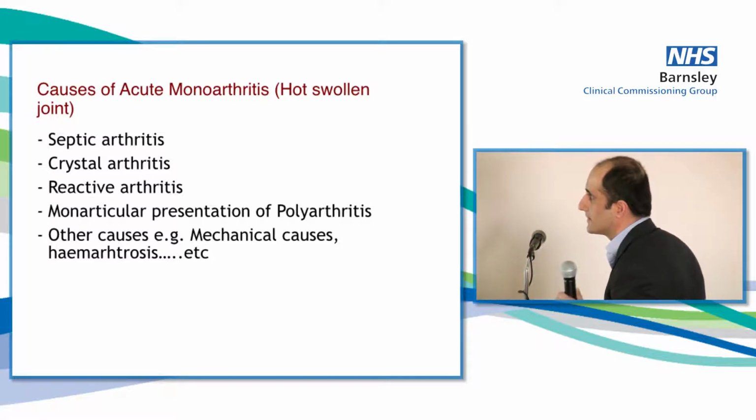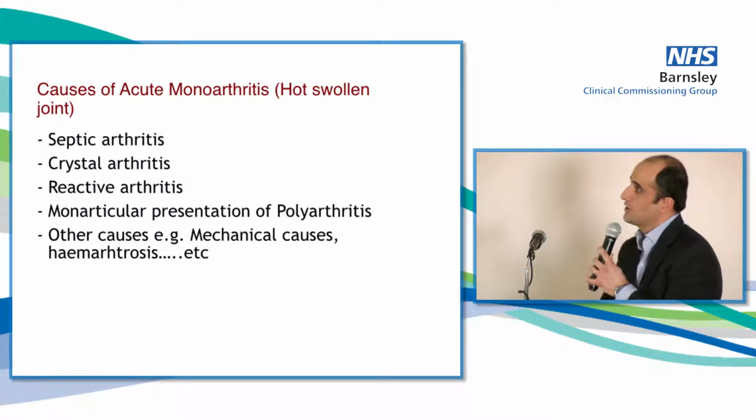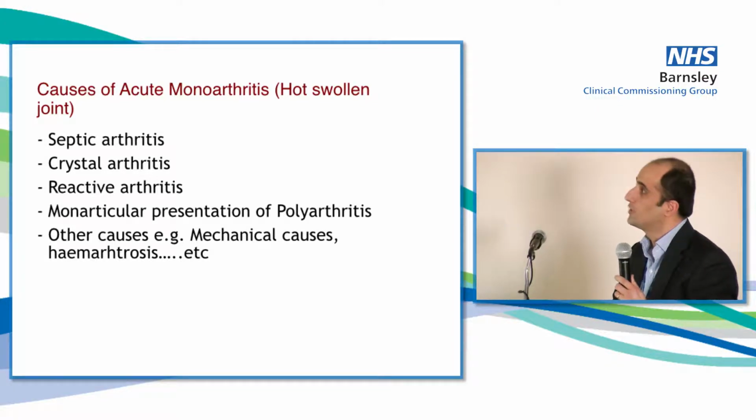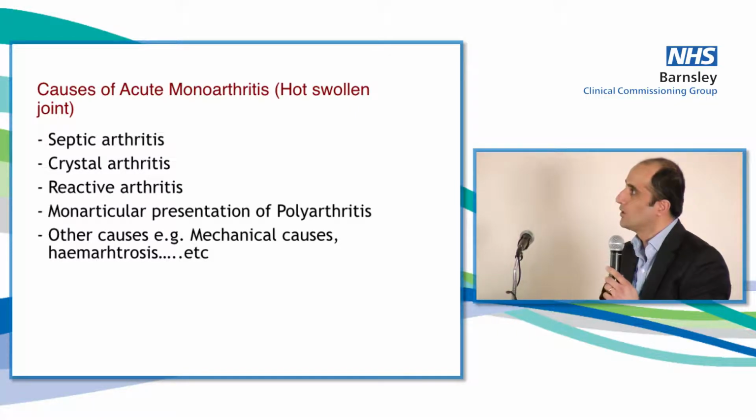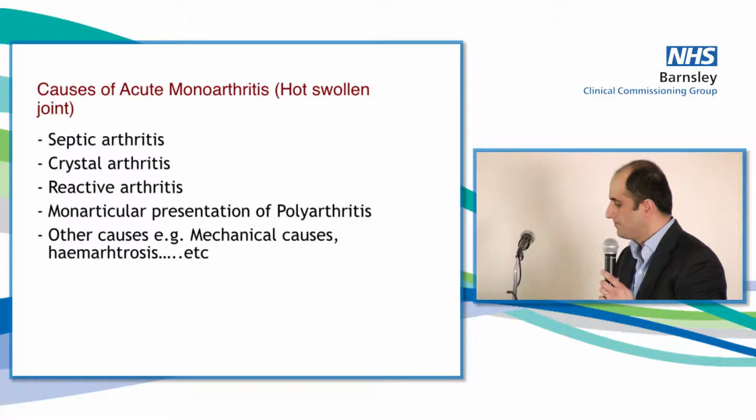Acute monoarthritis. Just to have some revision from medical school, when we say acute, I mean less than 2 weeks. Normally patients with monoarthritis present in a few days. Monoarthritis means one joint affected, with a hot swollen joint. There are very variable causes of monoarthritis, but what I'm focusing on in this presentation is basically septic arthritis and